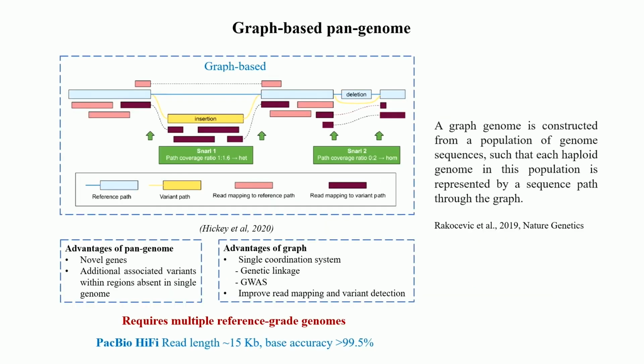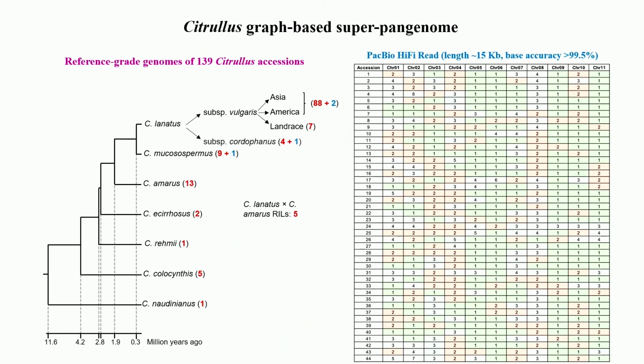Next, I will spend 1 or 2 minutes talking about the current work on graph-based pangenome. I will ignore this slide that just tells you how good graph-based pangenome is. But we need to have a high quality reference genome for multiple accessions. So this is the last slide I'm going to show. We have already generated reference genomes for 139 watermelon accessions, and